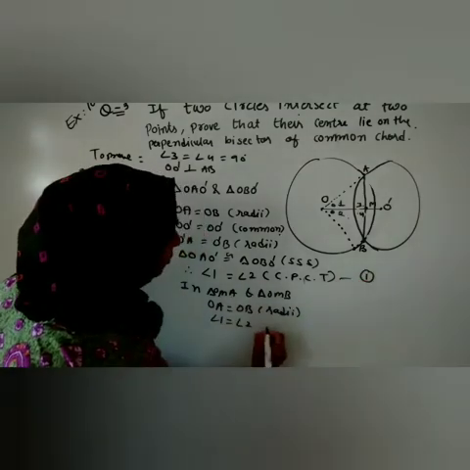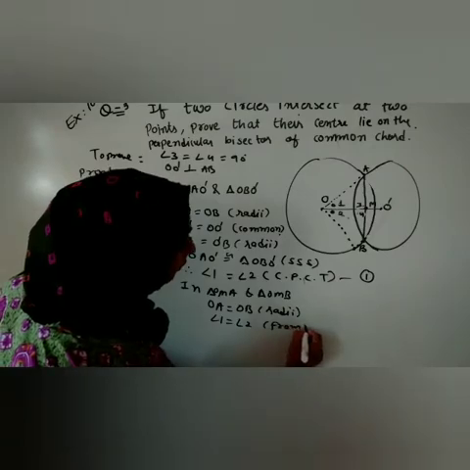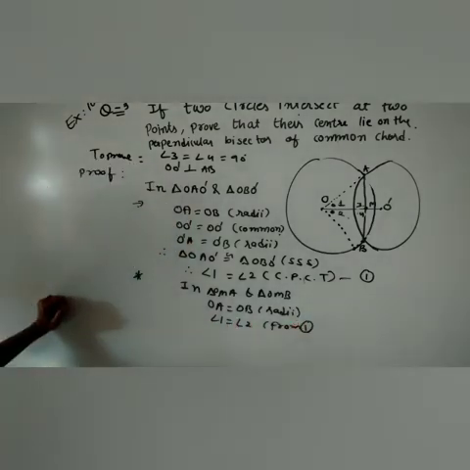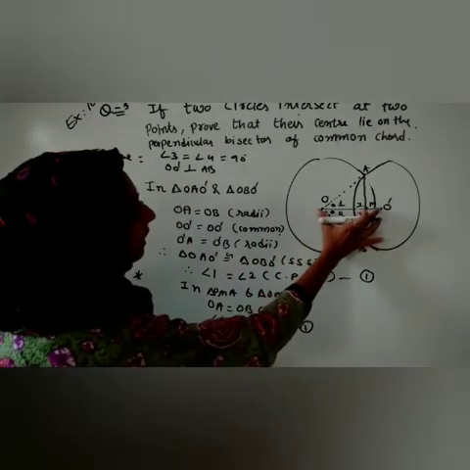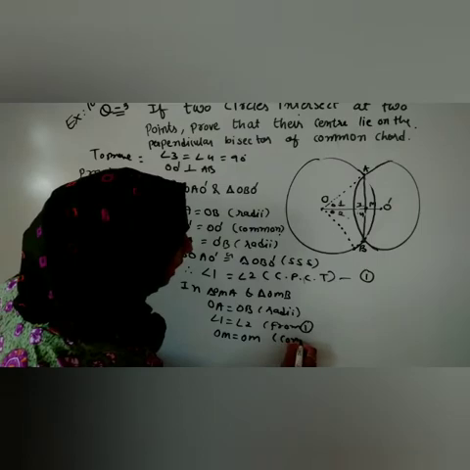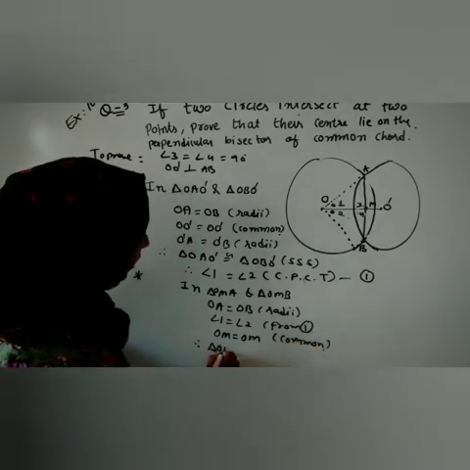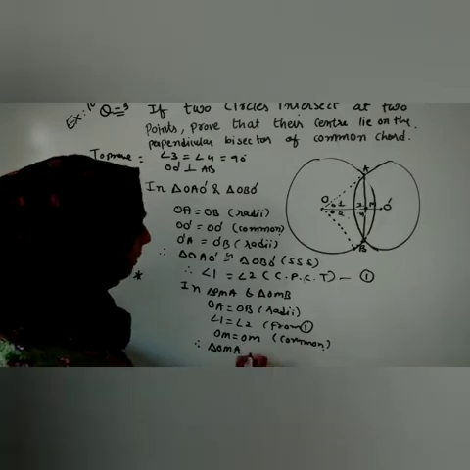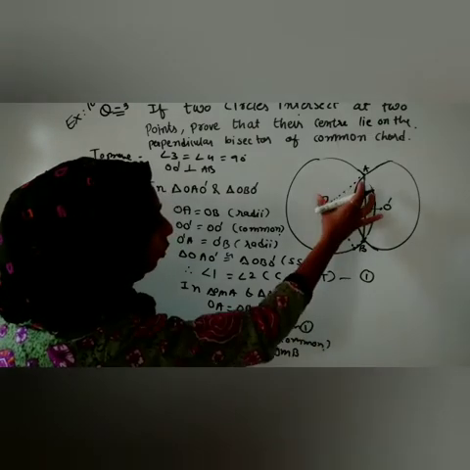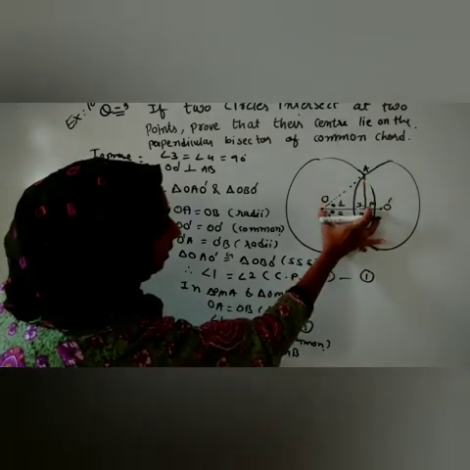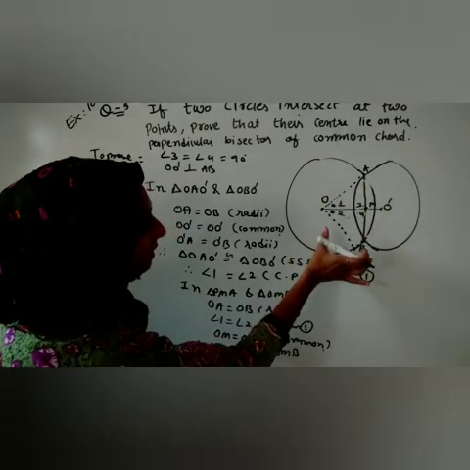From 1, so in bracket we will write from 1 we have written this thing. And the third thing that I will take common, that is OM common. So OM is equal to OM in both of those triangles, that we are writing as common. So that's why we have proved the two triangles congruent. Which one? Triangle OMA we proved congruent to triangle OMB. Now they both are exactly the same. This triangle and this triangle are now exactly the same.